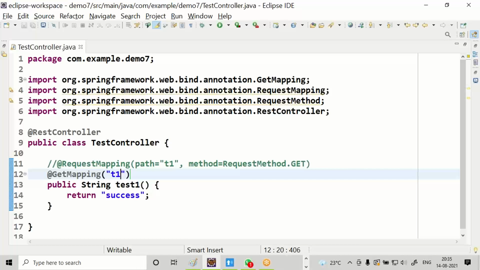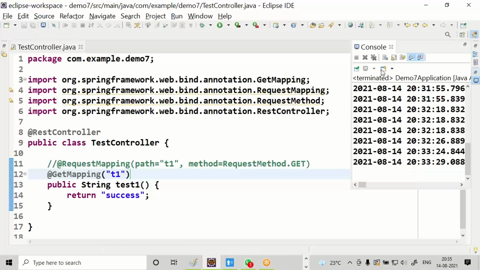Inside RequestMethod, get is there, post is there, put is there, patch. If you go for post, then PostMapping. If you go for method as put, then PutMapping. If you go for method as patch, then PatchMapping. Yes or no? Simple. Restart and check it out.